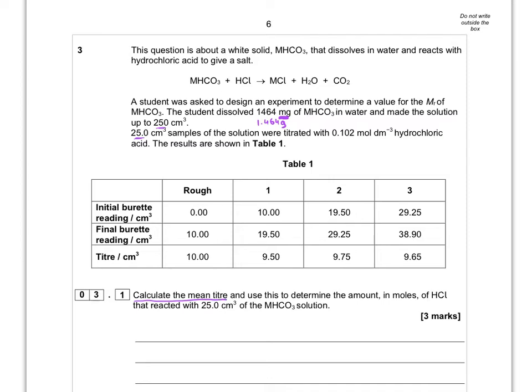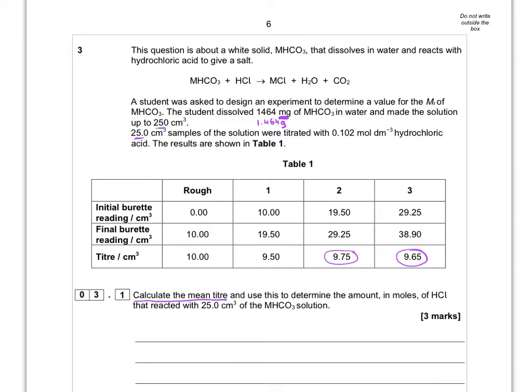Now remember, this is a normal titration results table. You don't use all of the results. You're looking for the concordant results. So that's 2 results that are within 0.1 of each other. We're going to ignore the rough one. And then if we look at these 3, these 2 are within 0.1 of each other. You need to indicate which ones you're using. Now you could do that by circling them on the table, or when you come to work out your average,